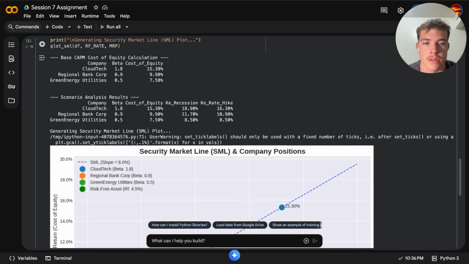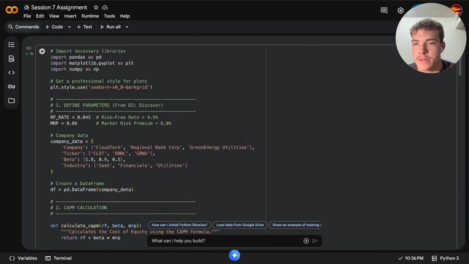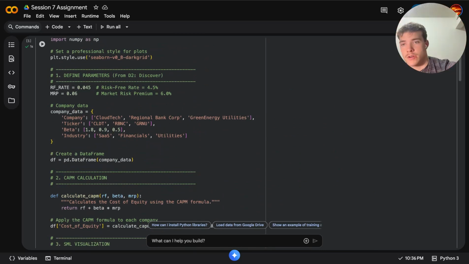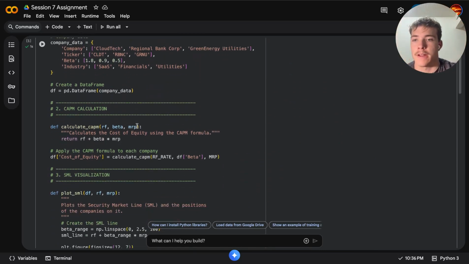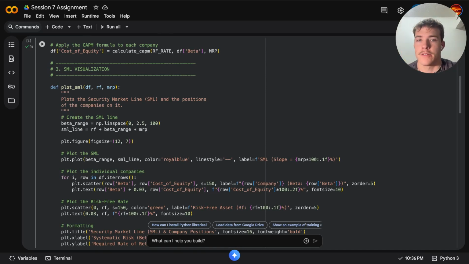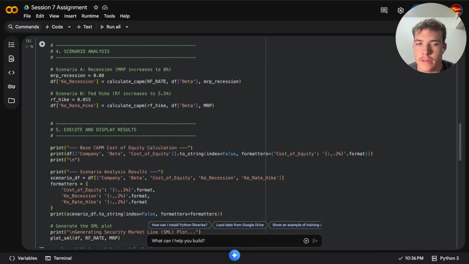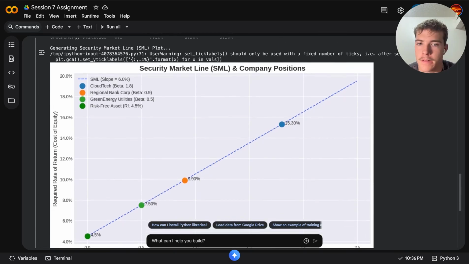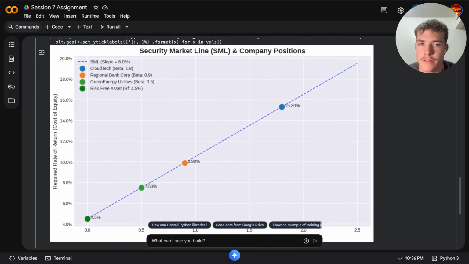And so, like we were saying, we started with the parameters and then found our beta, and then just went from there. So let's go ahead and see here the graph. We can see within the graph that, like we said, the y-axis is the required rate of return, and the x-axis